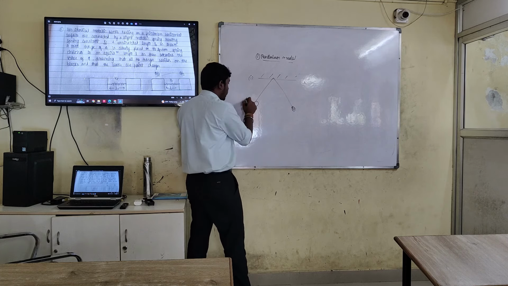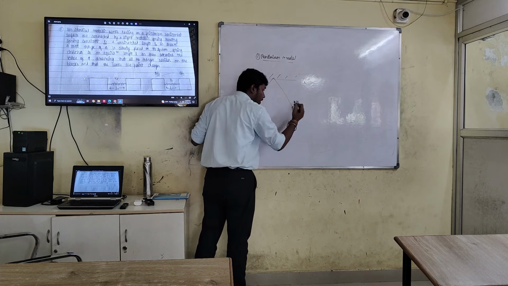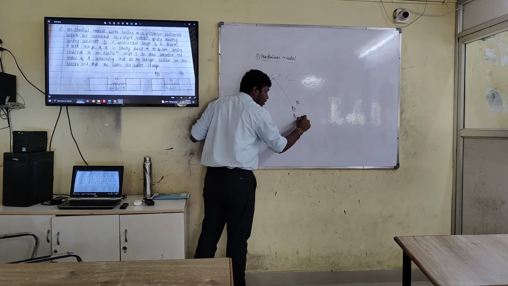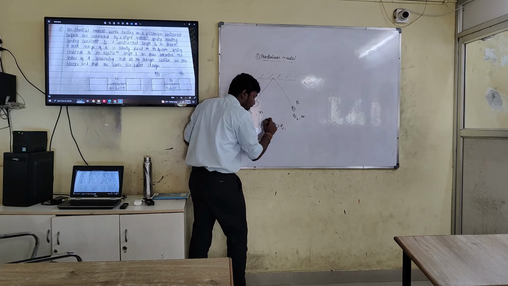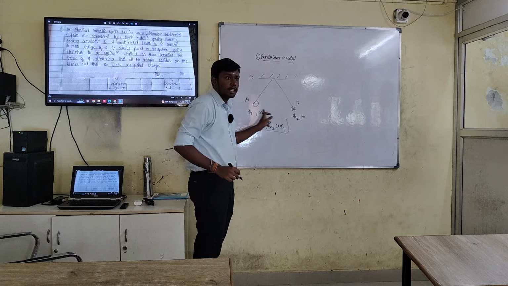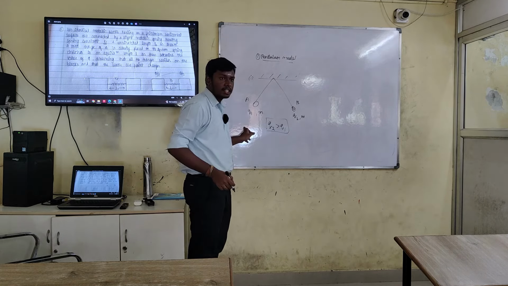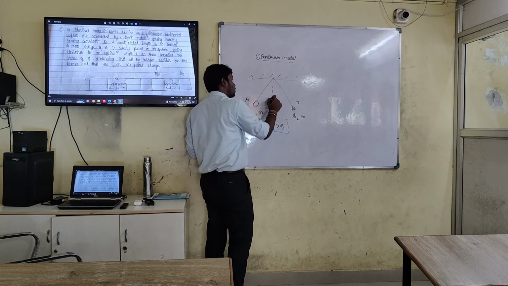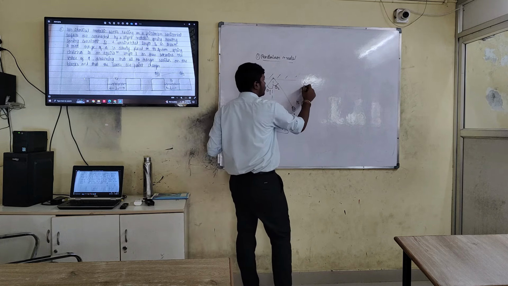For the first body A, the charge is Q1, mass is M. For body B, charge is Q2, mass is M. Suppose Q2 is greater than Q1, the charge of B is greater than the charge of A. If this is theta 2 and this is theta 1,